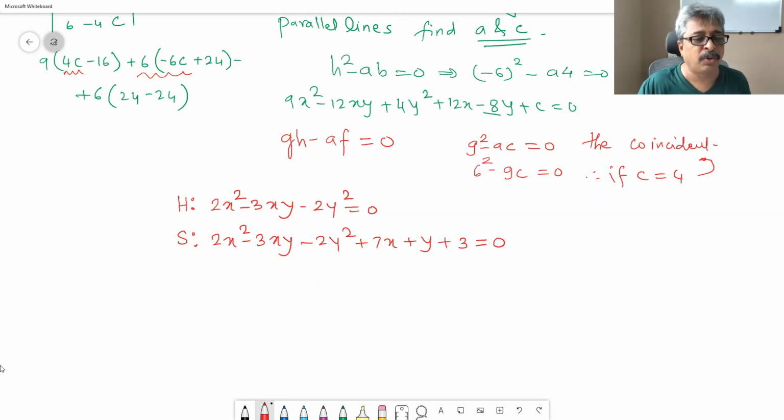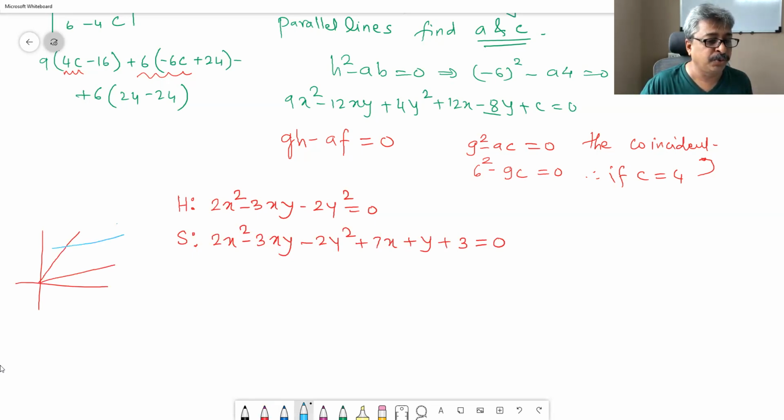Now what is so good about these two POLs? The one which is passing through origin and the one which is not passing through origin, their homogeneous part is same. Because their homogeneous part is same, they are going to be parallel. If this is a POL passing through origin, then another POL that I am trying to show you is going to be like this. One line is parallel to one line of the homogeneous equation, another line will be parallel to another.